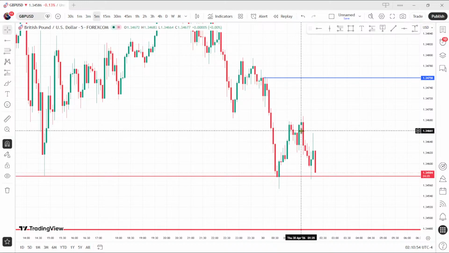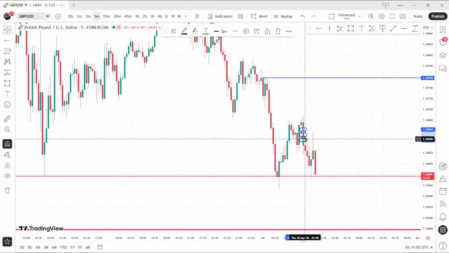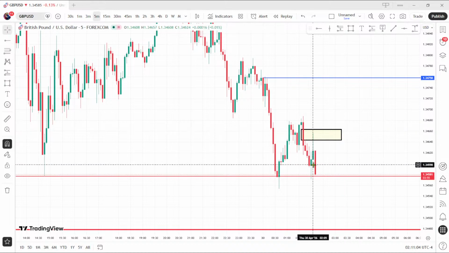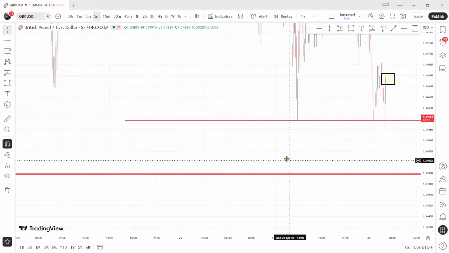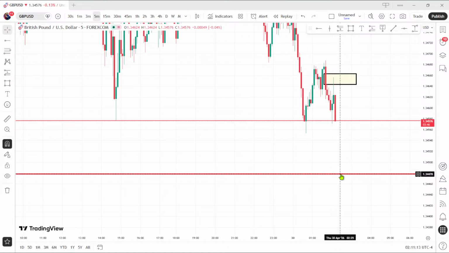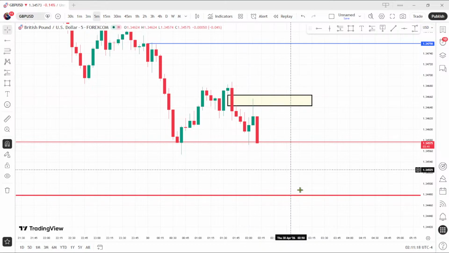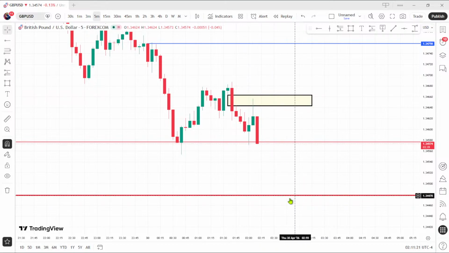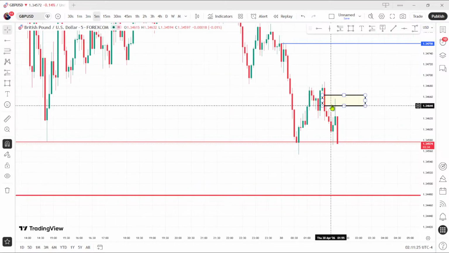This is the 4-hour, not the 4-hour, not the 5-minute. See here at 2:05. Now the reason I've marked it so fast is that I want to see price coming to touch this. This is a quick scalp. If you enter from here to here, price will want to touch this previous week low, sell side liquidity, or it can touch it then continue going down.